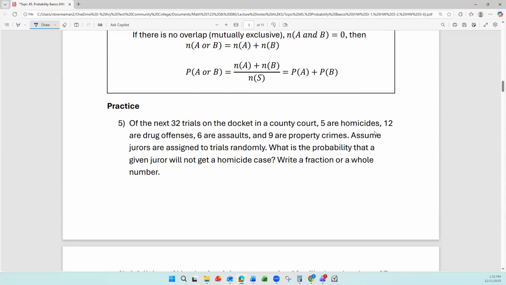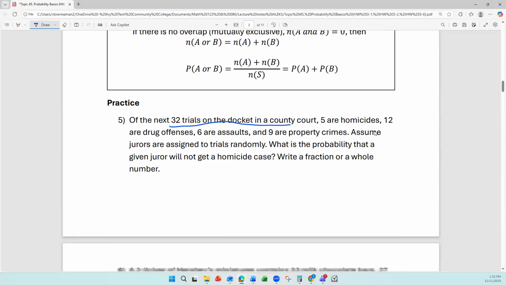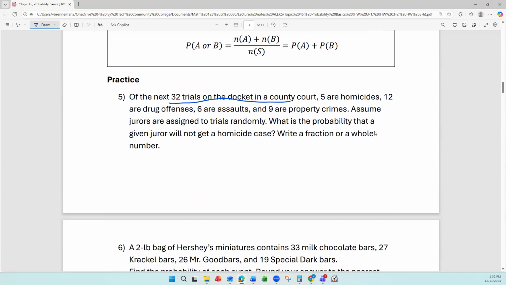So number 5, 32 trials on the docket at a court. 5 are homicides, 12 drug, 6 assault, 9 property, and we are looking at one of those 32 trials being randomly chosen to assign to a juror. So what's the probability that a given juror will not get a homicide case? Not get a homicide case. So the number that are not homicide,